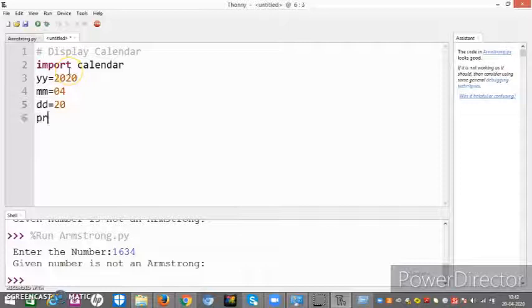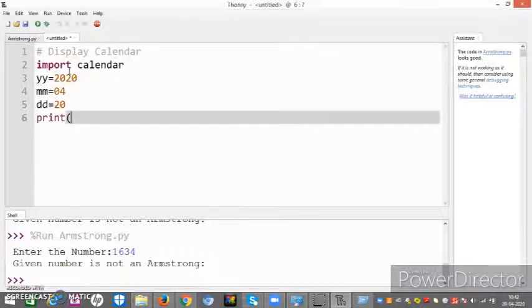Now, first we will have to print. I have to use calendar dot month first, DD.